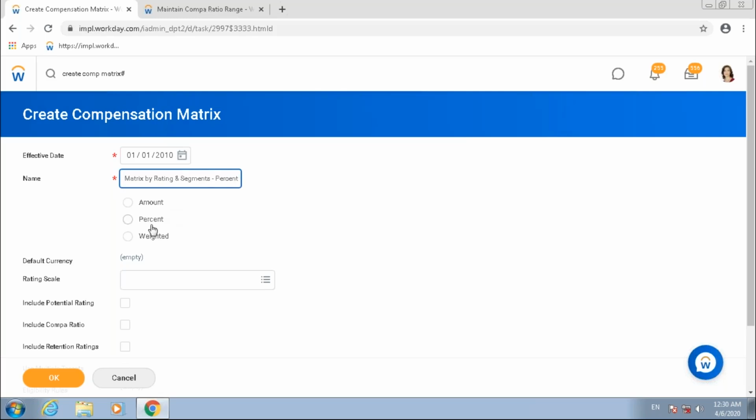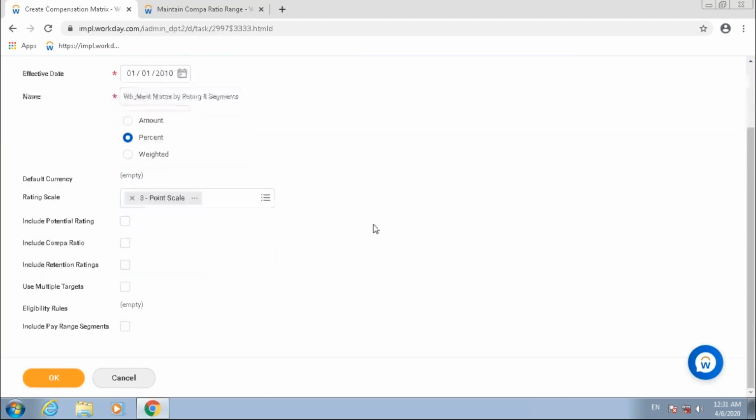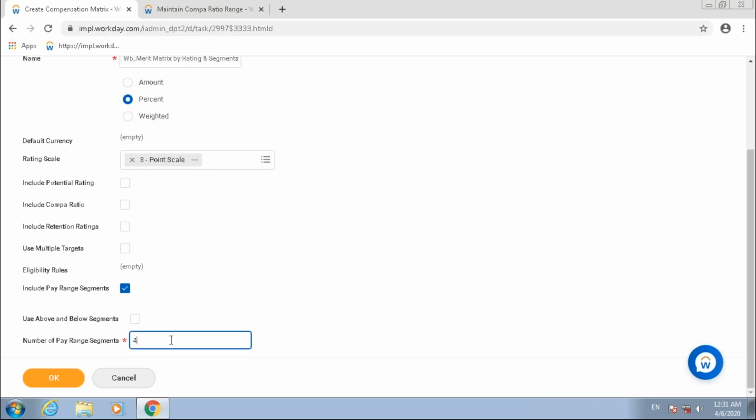So when it comes to percentage, because you don't have to define the percentage in terms of currency, whatever is the employee's base currency or base pay currency, the system automatically calculates the percentage value in terms of that currency, right? And that is why I don't have to define the currency value when it comes to percentage, right? Again, apart from that, everything else you see is pretty straightforward. So let me select segments or 3,